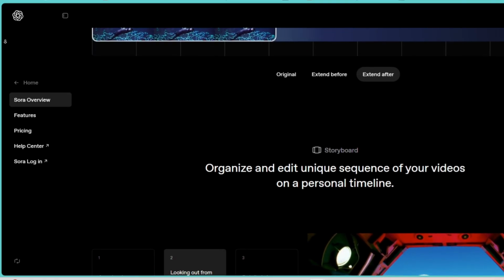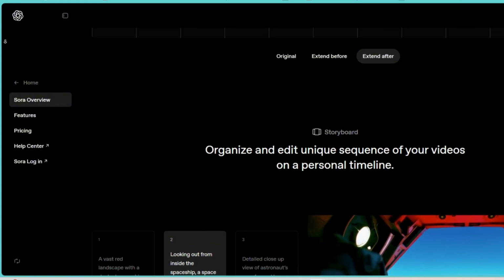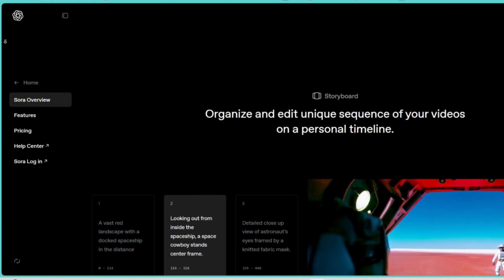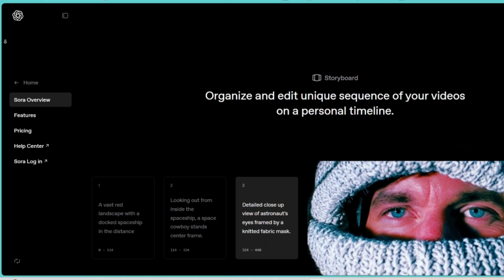And finally, cost. OpenAI hasn't fully revealed how pricing will work, but it's safe to assume that when it's public, heavy usage won't be free. Alright,